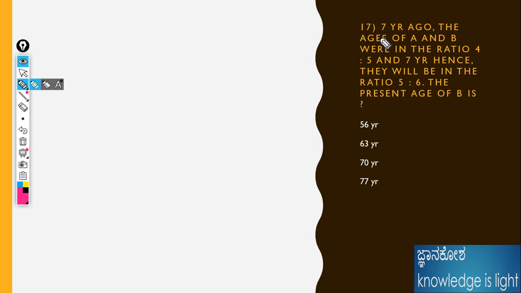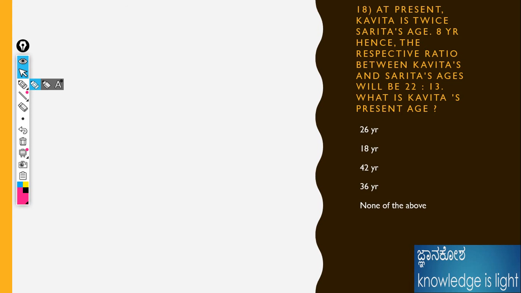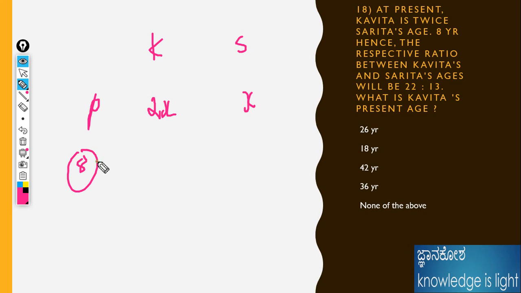Okay, the 17th one is completed. 18th one. At present, Kavita is twice Sarita's age. Okay, fine, this is an important question. At present, Kavita's age is 2x and Sarita's is x. I am maintaining it as 8 years since. Fine, 8 years since, so we need to add 8: 2x plus 8